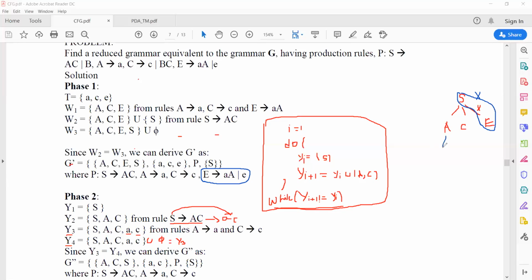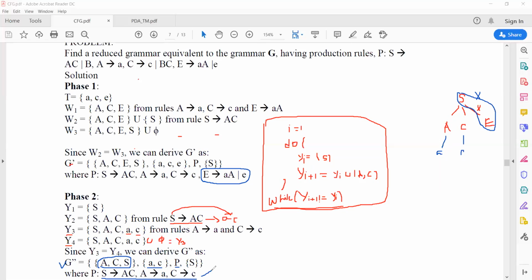So you can see that S can be extended to A and that can be extended to C. So finally, the grammar G double prime can be achieved where you just require S, A, C. These become the required non-terminals, the terminal required is a c, and the production rules reduce to S produces AC, A produces a, C produces c.